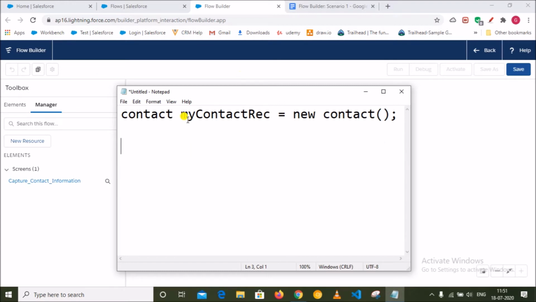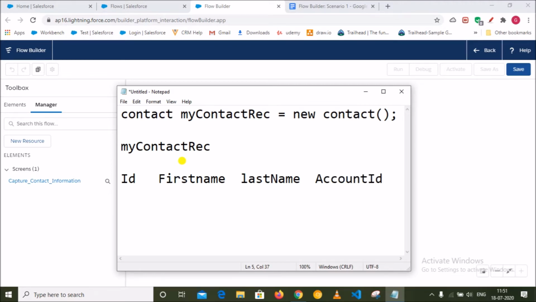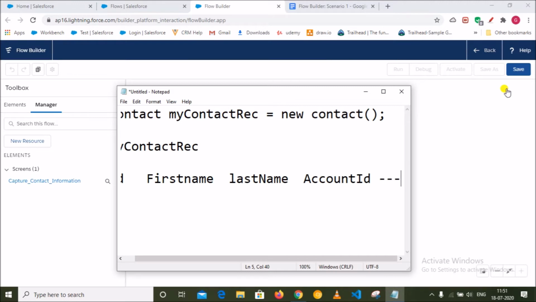After that, if I create this, my contact record will be created, and in my contact record what options will be available? ID will be there, first name, last name, account ID, and other information will be available here, right?